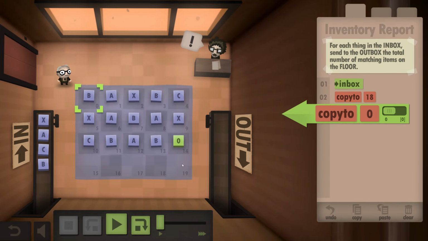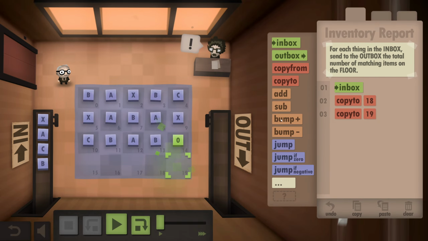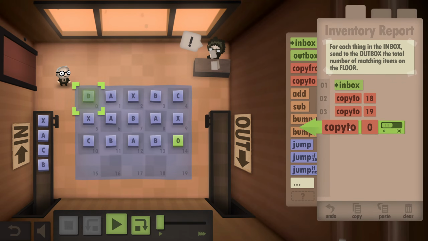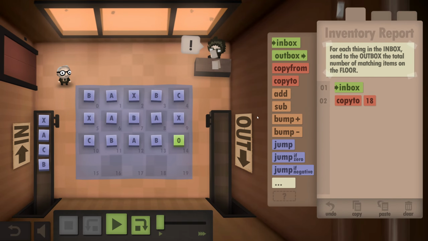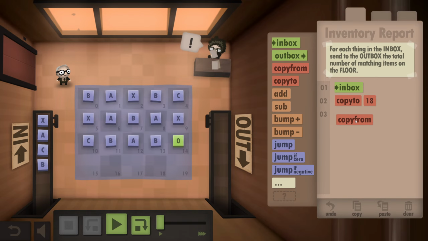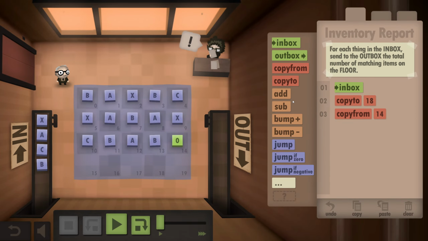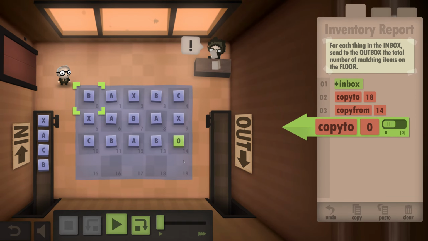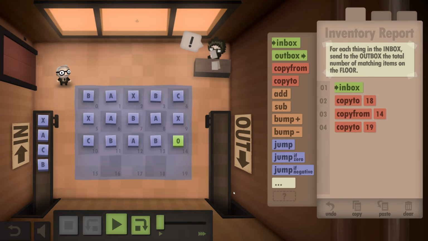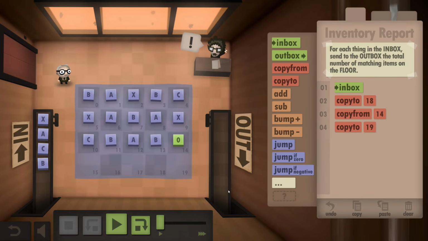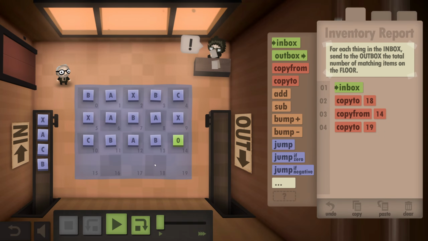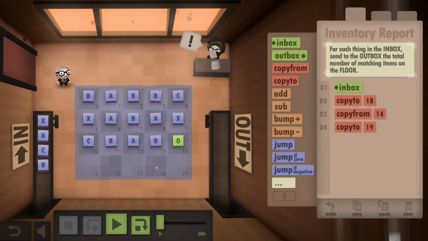We copy from space 14, get 0, and we copy that to space 19. Okay, so now we have 0 here, we have whatever we have there, the letter, and we do a loop where we do